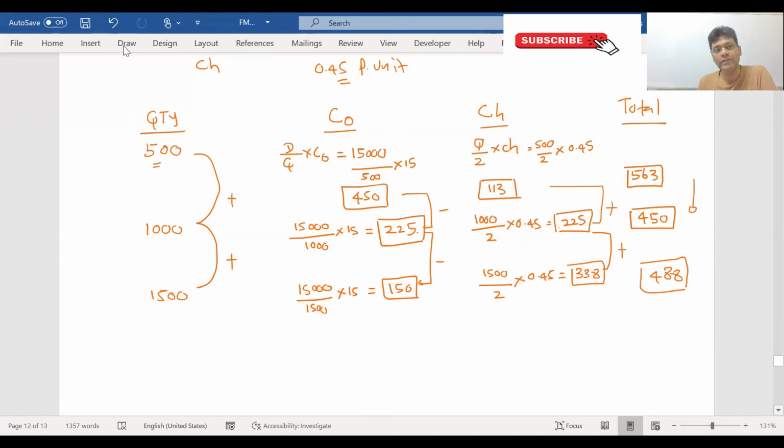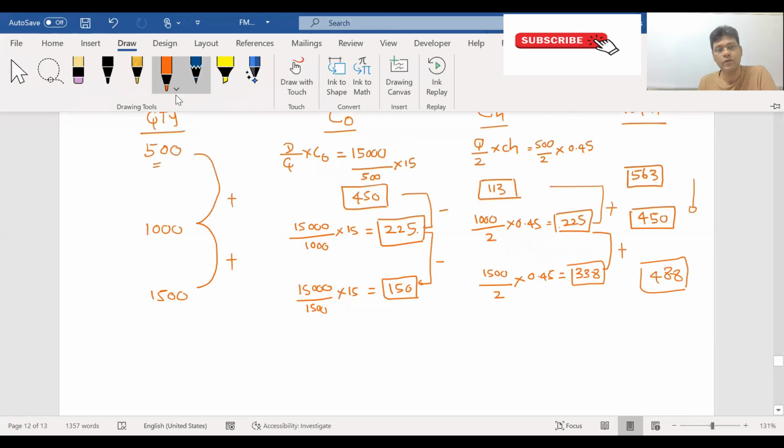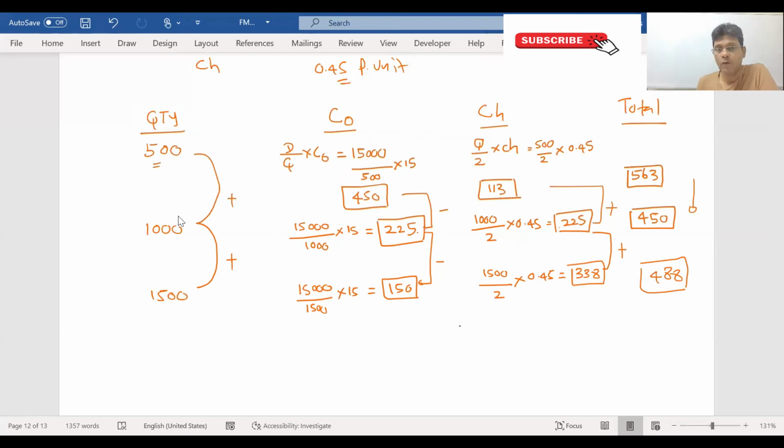So as you can see, what's happening here? Now what has happened here? You achieve a minimum. The cost is minimized at this order quantity. So at this order quantity, this is the economic order quantity that you need to order to minimize